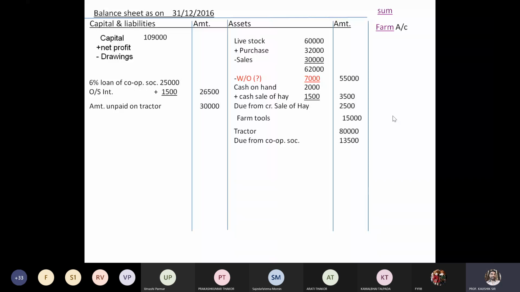Tractor as an asset. This 13,500 is the amount that we have to receive from the cooperative society. So as a receivable income,